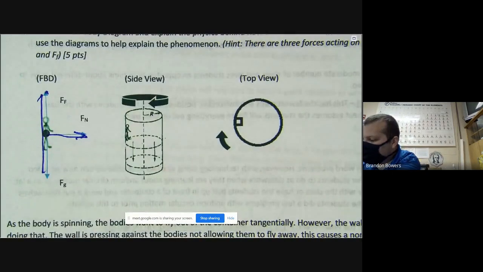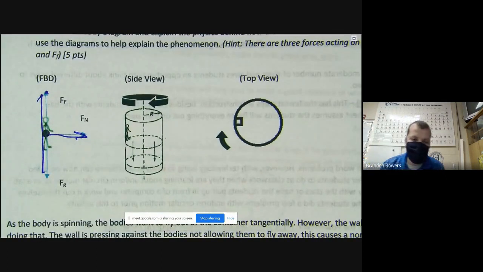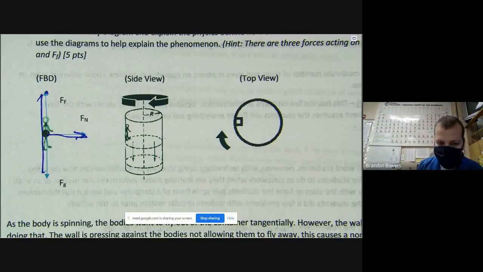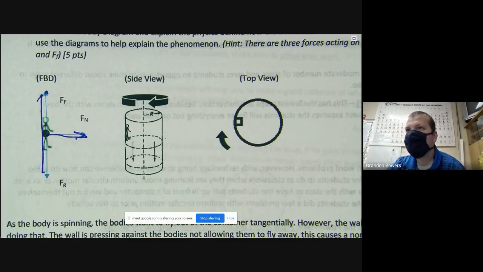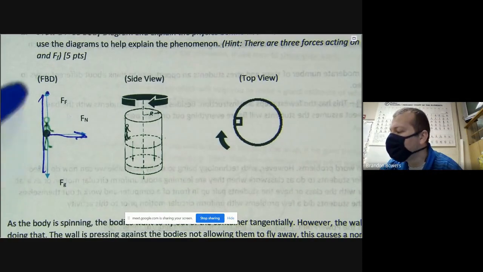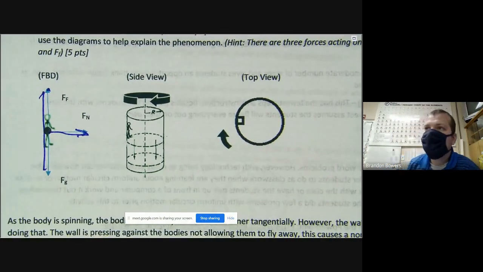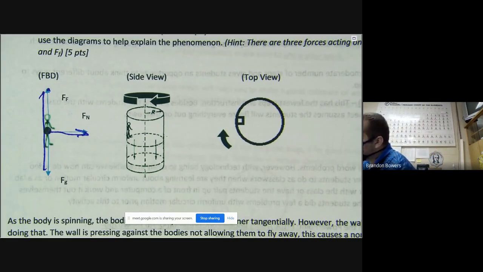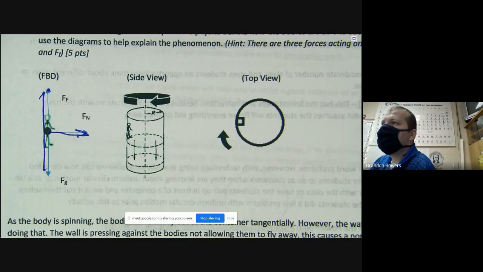And then the force of gravity is going down, and the force of friction is actually holding you up, right? Because if the force of gravity and the normal force were the only 2 forces acting on you, you would fall down, right? So there had to be a force going up to keep you in place. That force going up is the force of friction. Okay. Any questions on that? How'd you guys do on that one? Might have been hard to draw on Google Classroom, but pretty good.